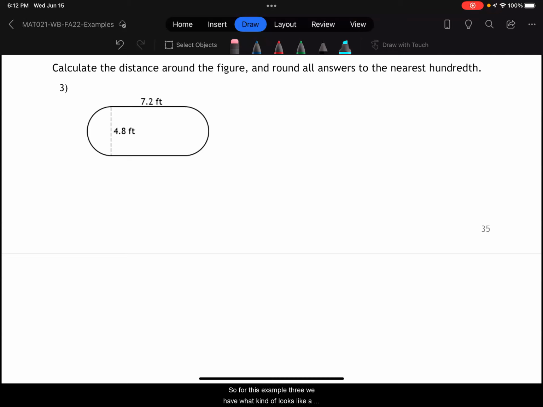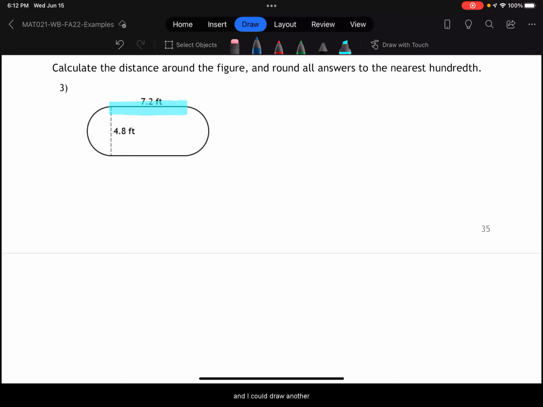For this video, we're going to be looking at example 3 in the circumference section of our Math 021 lesson. For this example 3, we have what looks like a pill shape or a track shape. The top part here, that's 7.2 feet, is only the straight portion on the top. It would stop there, and I could draw another vertical line there to show the other half of my circle,